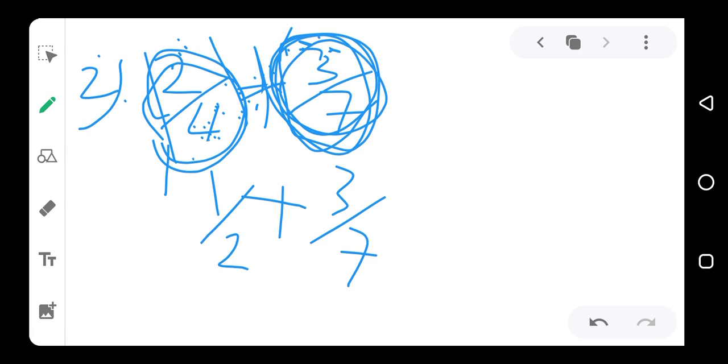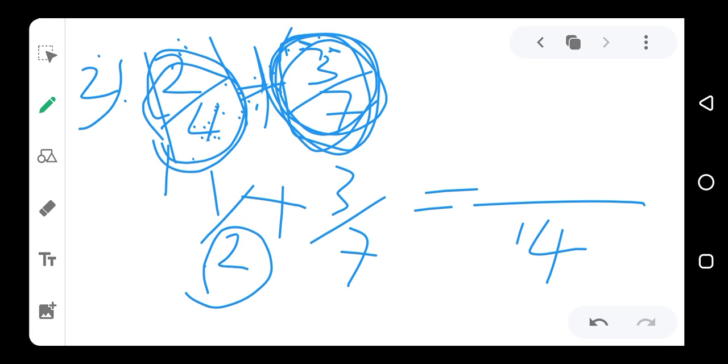Now we can solve. Now we say the LCM between 2 and 7. There's no common factor between 2 and 7, so the LCM becomes 2 times 7, which is 14. Now we say 14 divided by 2,